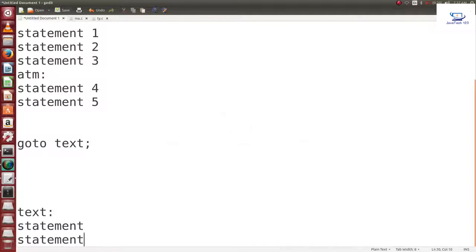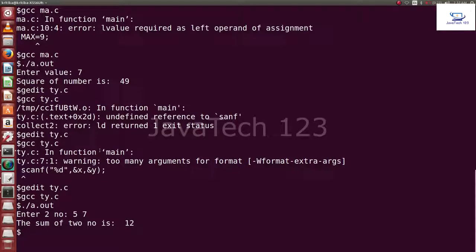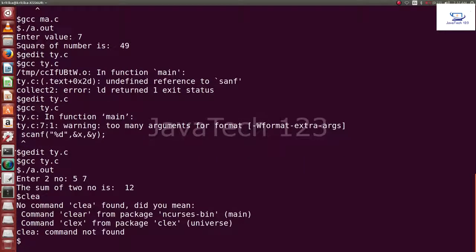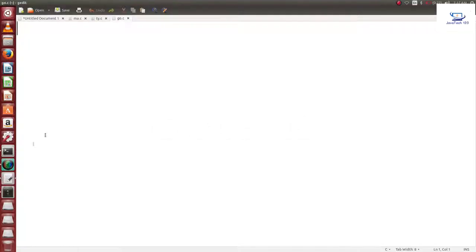This time you write. Now I will do the program. Example of goto statement. Here I write clear. Then suppose gedit go.c. It opens the file, and here write #include